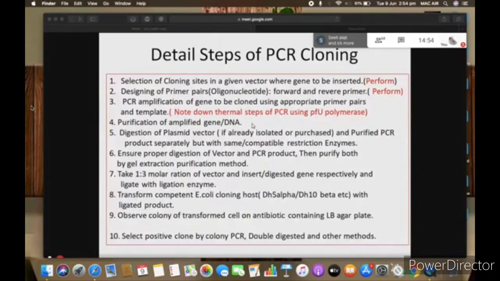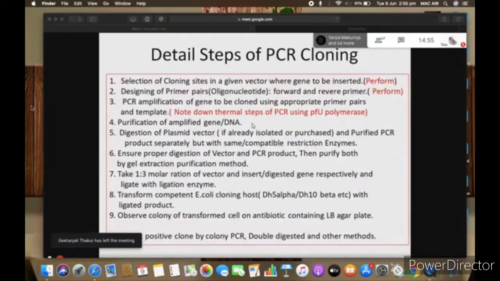So there is a possibility that you are targeting your gene to be amplified, but you may get non-specific amplification also. So how can you find out? Suppose you have performed a 50 microliter PCR mixture. Take 5 microliter and run it on gel. On the gel, you will see whether you are getting only your desired band, which you can identify through the molecular weight marker.